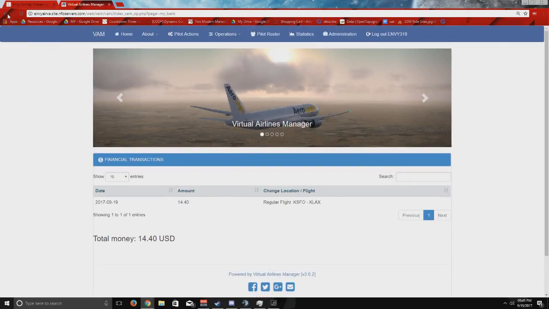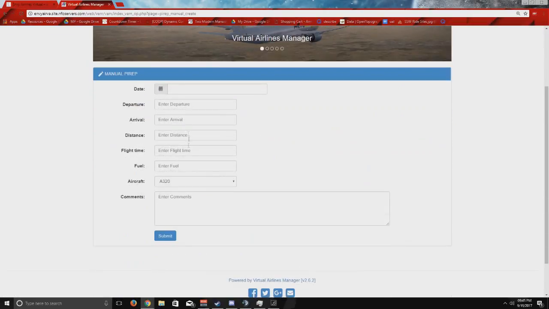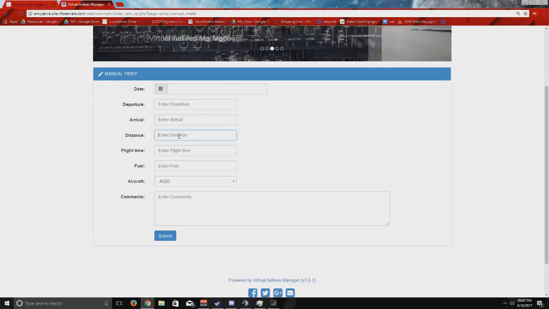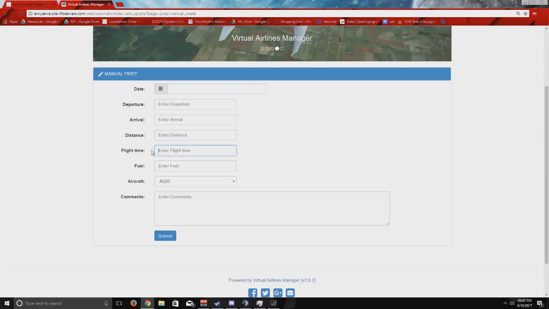And basically, we're going to go back here, and you can file your own manual PIREP. So if you're a Mac user, this is how you're going to file your PIREPs. This is how you're going to file your flight. So you need to put your date, your departure airport, your arrival airport, your distance, so basically how long the flight was in nautical miles, your flight time, how long your flight took, and the format